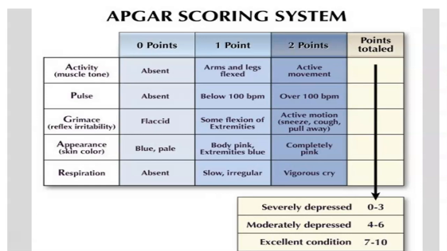The second characteristic listed in the question is a slow, weak cry. So if we go down to respirations, again, this is not based on respiratory rate. This is based on the strength of their cry. So if they had a good, strong, vigorous, lusty cry, they would get 2 points. But this baby has a weak cry. So they only get 1 point in that category for that.